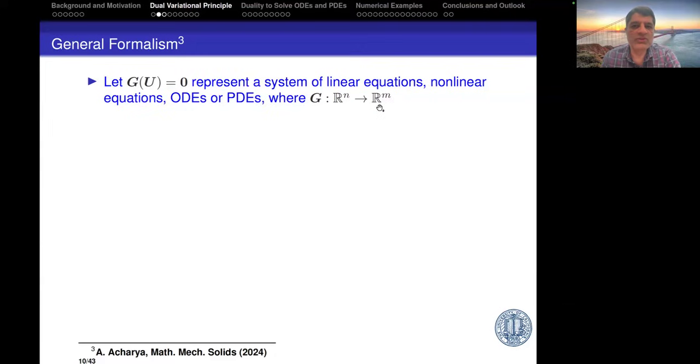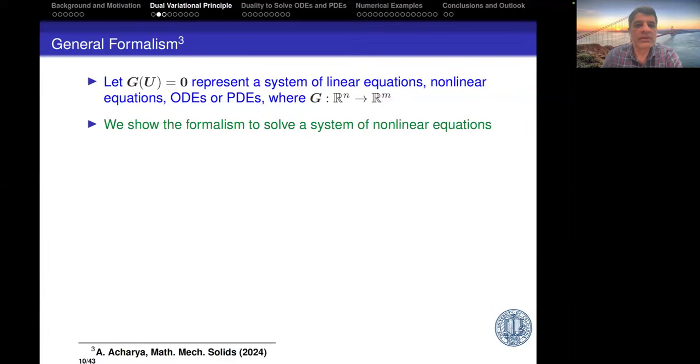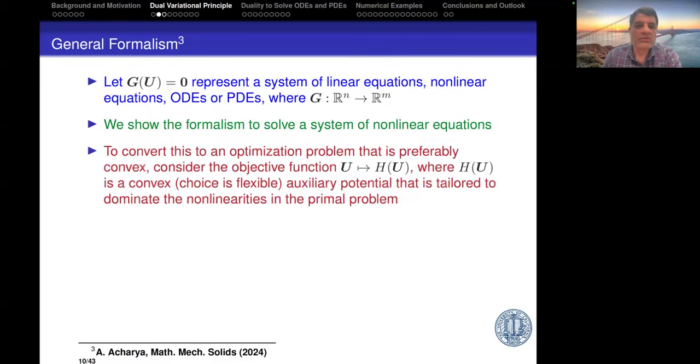So you have M equations in N unknowns is the starting point, and I want to solve it. Now I show this formalism focusing on nonlinear equations primarily, right? So we'll do PDEs and ODEs afterwards. What we do is we convert this to an optimization problem that is preferably convex by considering the objective